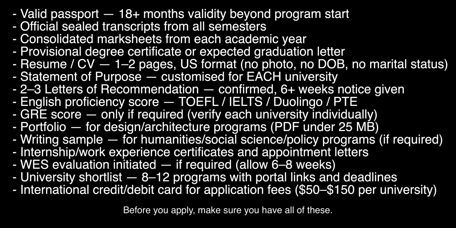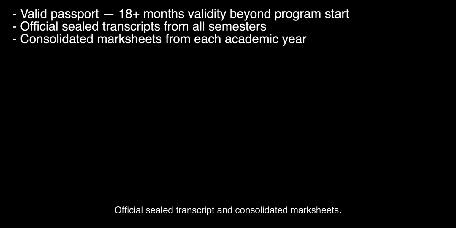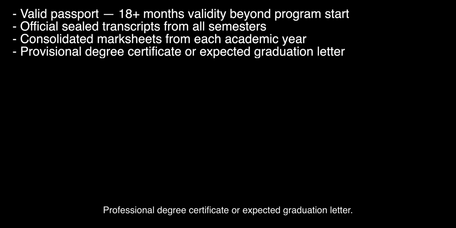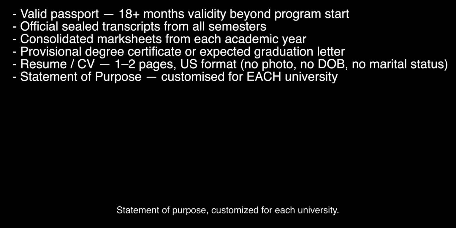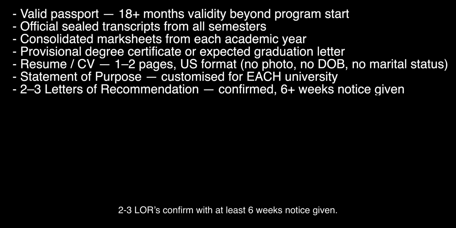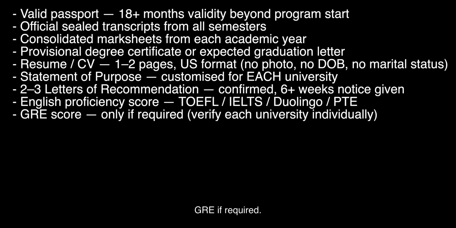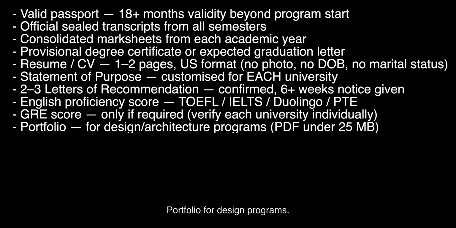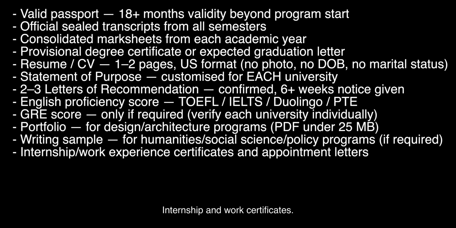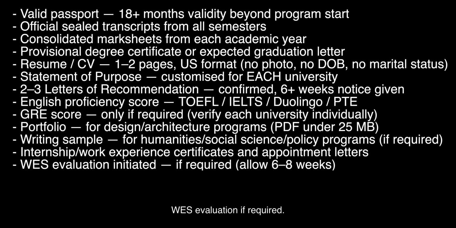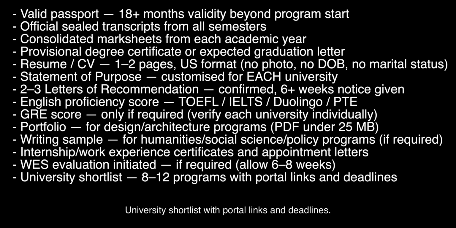Before you apply, make sure you have all of these: valid passport, official sealed transcript and consolidated mark sheets, provisional degree certificate or expected graduation letter, resume in US format, no photo, no date of birth, statement of purpose, customized for each university, 2 to 3 LORs confirmed with at least 6 weeks notice given, English proficiency score, GRE if required, portfolio for design programs, writing sample for humanities and policy programs, internship and work certificates, WES evaluation if required, university shortlist with portal links and deadlines,